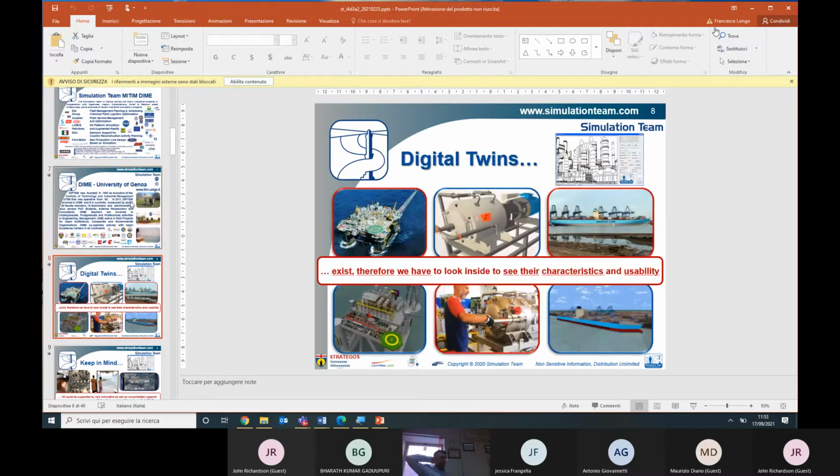Let's try to give some additional information. The idea of developing this serious game as part of this project is also based on the concept of digital twin. You know that this concept was first presented in 2010 by NASA, so it was first introduced in the United States with the aim of recreating a digital twin of a flying vehicle by using as much real-time information as possible. So the idea was to feed this digital twin by using real-time data, to have exactly the digital mirror, the digital replica of the